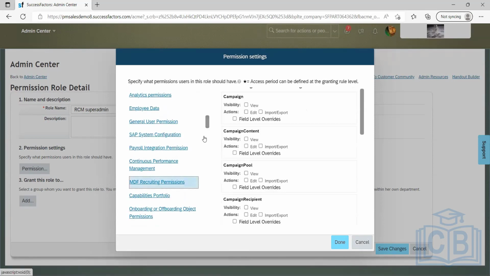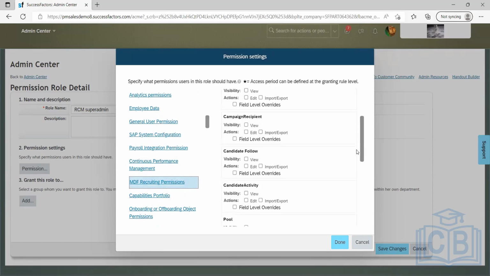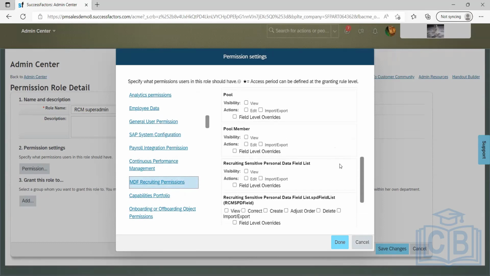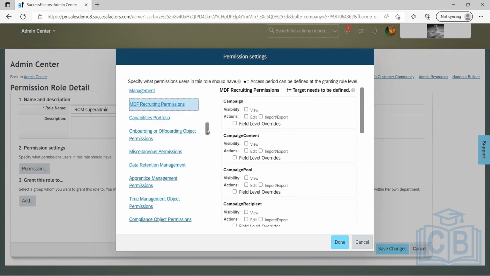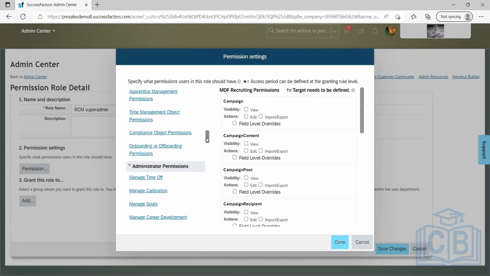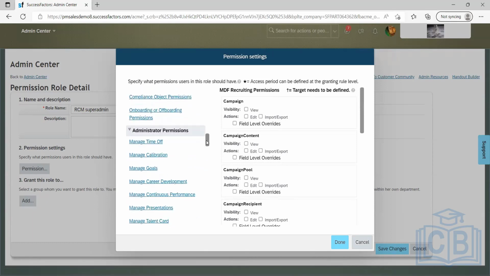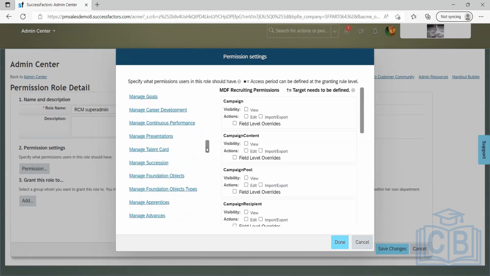MDF recruiting permissions. Here also, wherever you see recruiting, you just enable everything related to recruiting so that you don't miss anything in the system as a super admin. Okay. Since you've already given everything in the user access, now I will go to